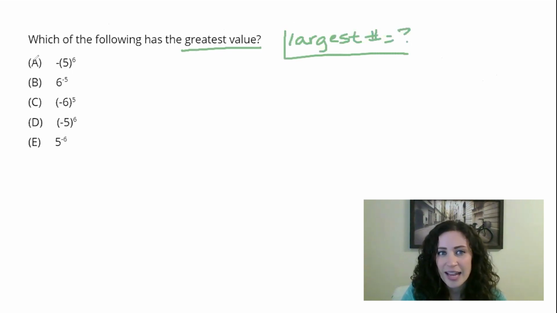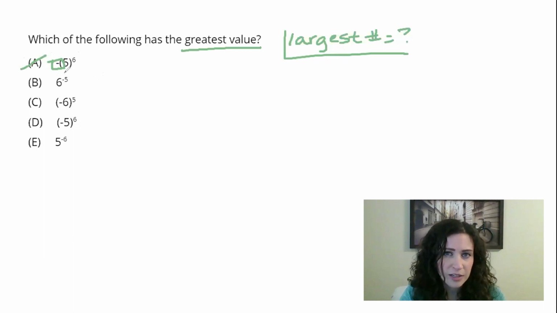So as I look at A, I notice something right off the bat here, right? I've got this 5 and it's multiplied by itself 6 times based on the exponent, but I have a negative sign out in front here. Because of this negative sign, I know that I'm going to end up with a very large number, but it will be a very large negative number. Glancing at the other answer choices, I'm seeing some positive options, which means I can eliminate A very quickly because a positive number is always larger than a negative number.